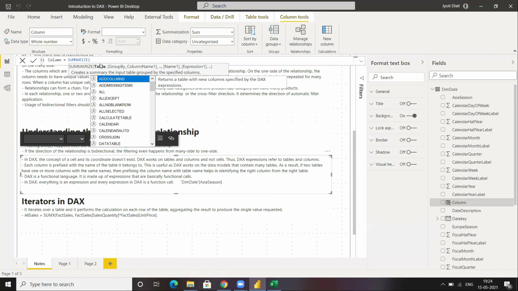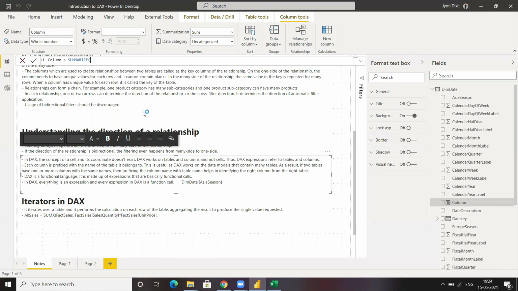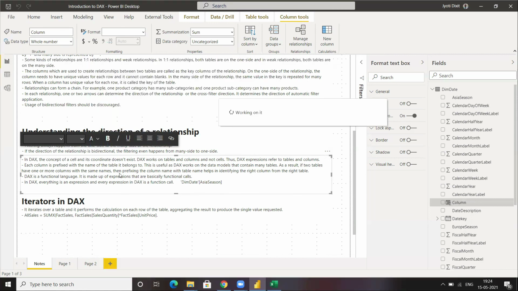The first argument is the table, then the group by column name, name, expression, etc. Again, everything in DAX is a function. If you scroll down, you will see the names of many different functions. This is important.